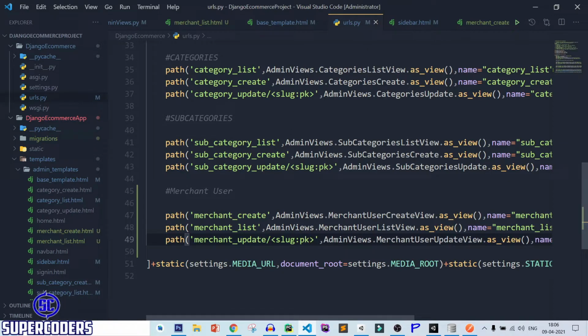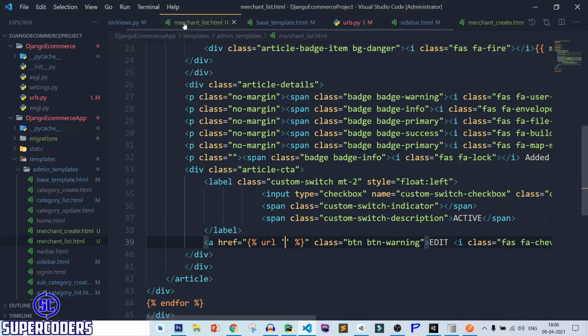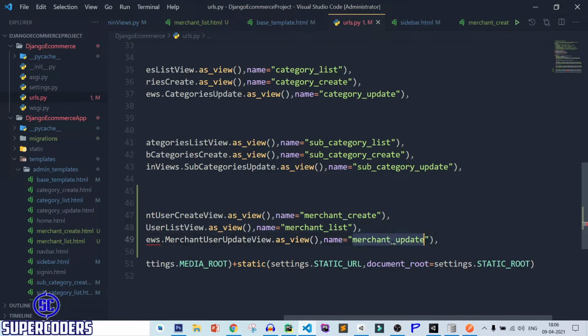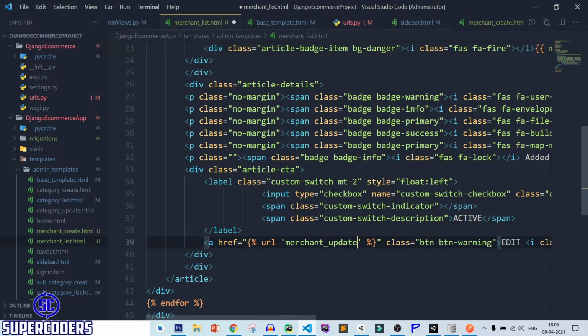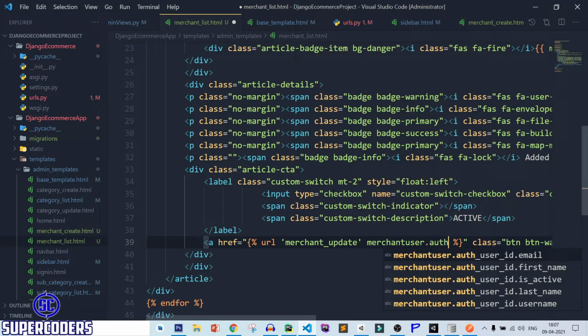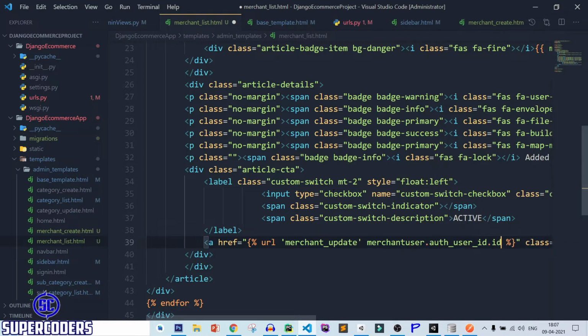Save it. After that, you need to pass here merchant update. So merchant update, copy it, pass it, then merchant user dot auth user id dot id.